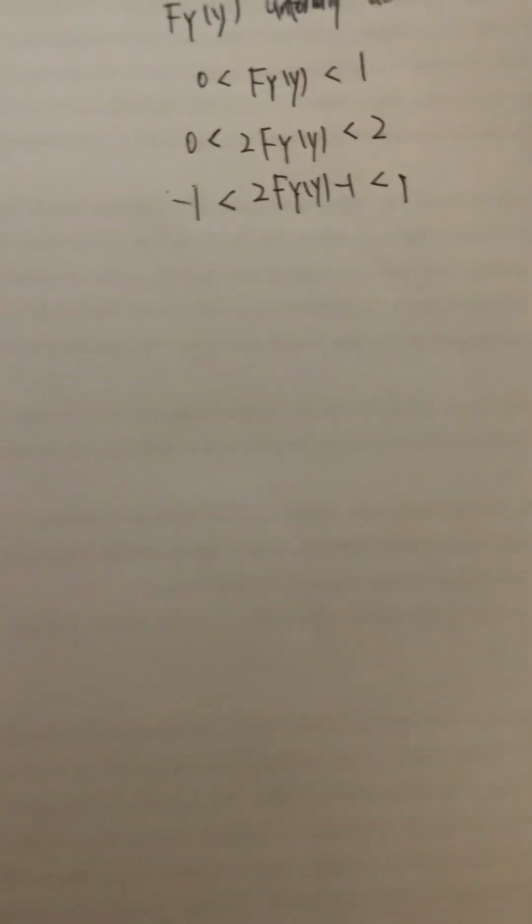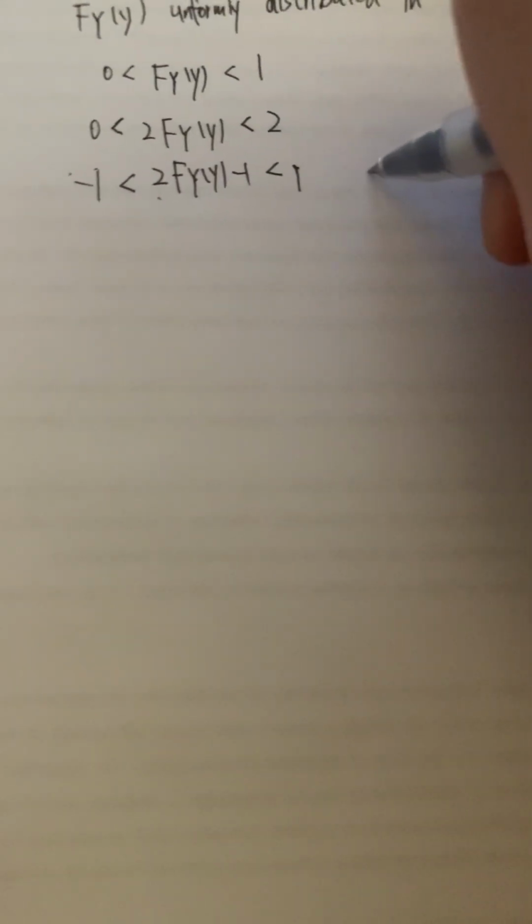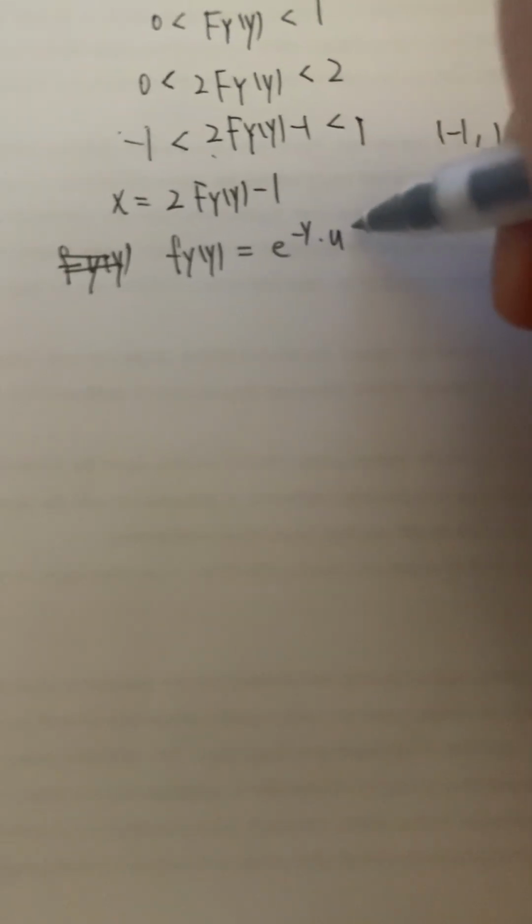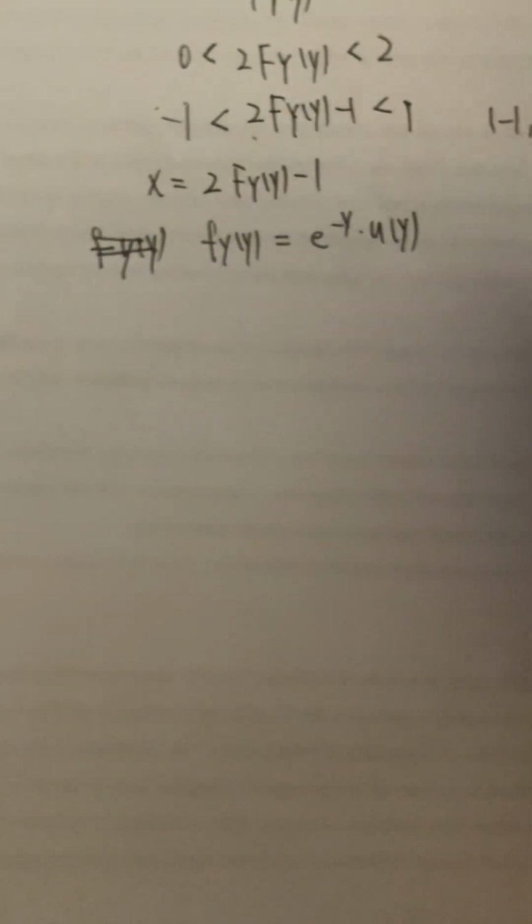So this expression is uniformly distributed in the interval -1 to 1. So we will just assume that x equals 2 times the distribution function of y minus 1. Since we know the density function of y is equal to e to the power -y times the unit step function of y, we can use the formula that